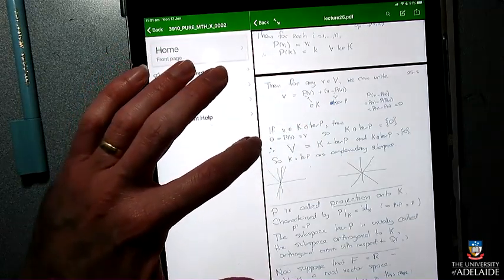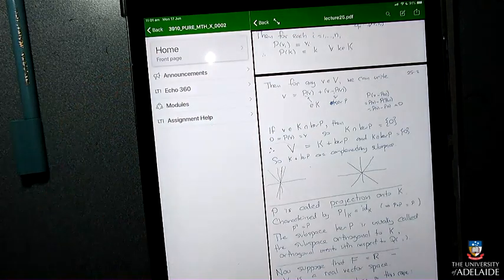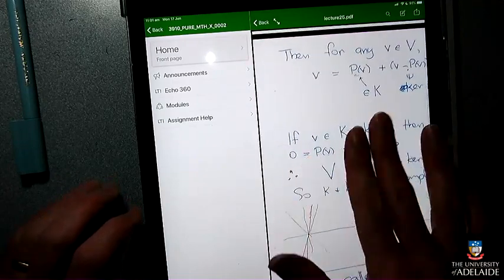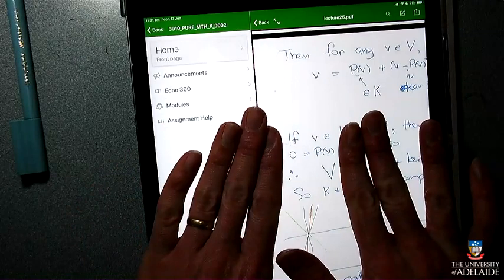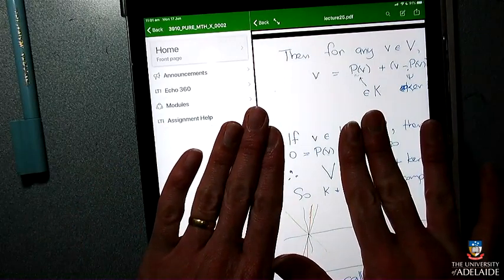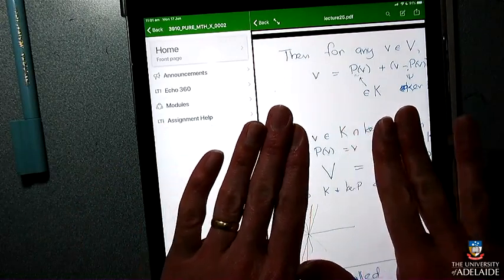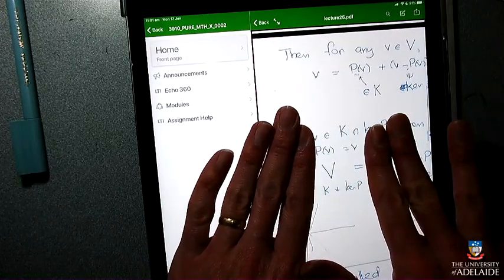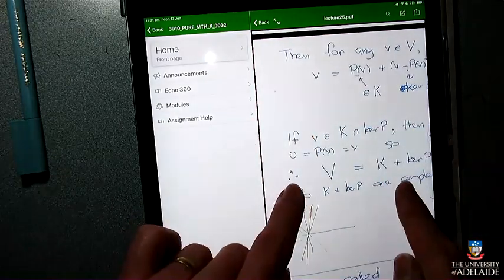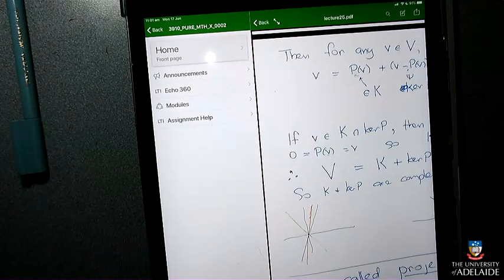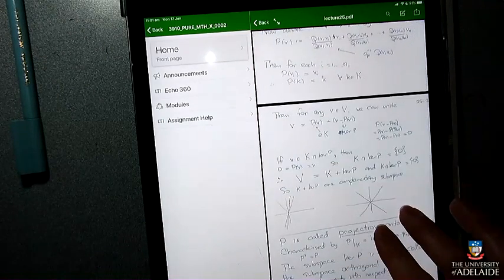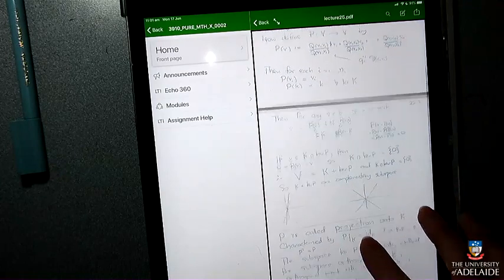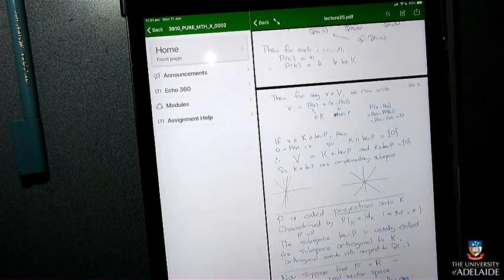That's some bad writing. You really should have said those statements separately, right? I'll tell you that. He should have said separately that 0 is equal to P of V because V is in the kernel, and P of V is equal to V because V is in K, therefore V equals 0. Like that. That annoys me. Sorry, Nick. Okay.